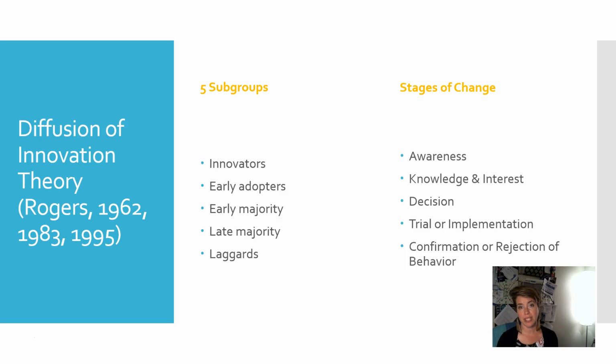So along with those subgroups, there are stages of change that come along with it. We have to move people through awareness, knowledge and interest, decision-making, trial and implementation, and confirmation or rejection of the behavior or the practice that we're asking for. So we see that there are people who glom on and run through these stages really quickly, and they confirm really quickly and keep moving forward. And there are laggards who might really stay at awareness or knowledge and interest, or sit on a decision for years and years and years. We need to look at those folks to see what we can learn and help them move through if we are asking them to adopt a new behavior that's better for their health.